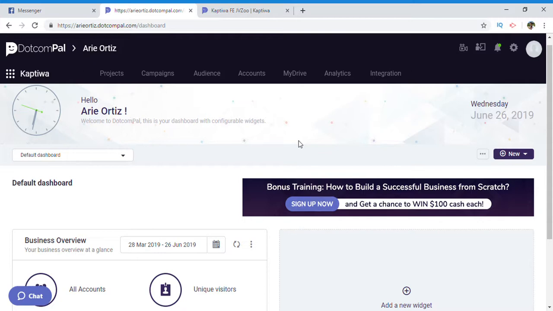So I'm going to give my demonstration and full walkthrough as to how Captiva works, and then I will give my recommendation at the end as to whether or not you want to get into this program and see if it could help you in your business. Anyways, what I'm going to do is I'm going to go to